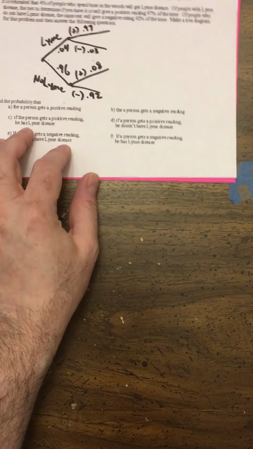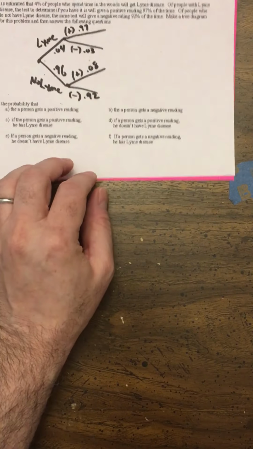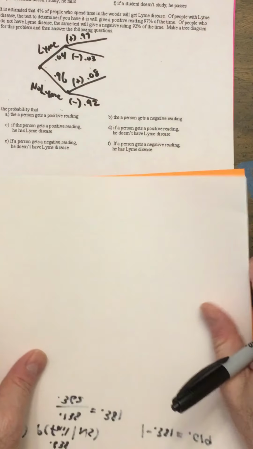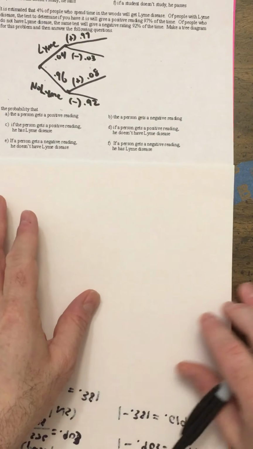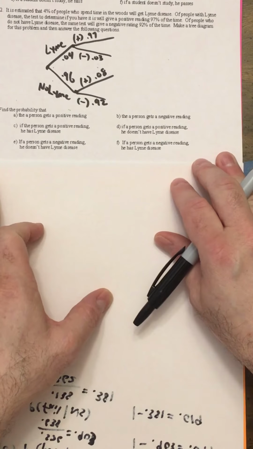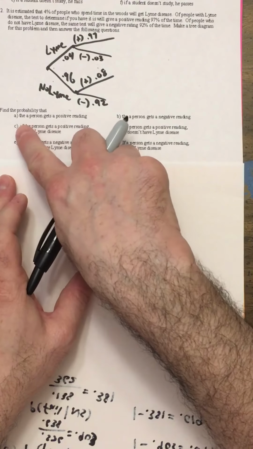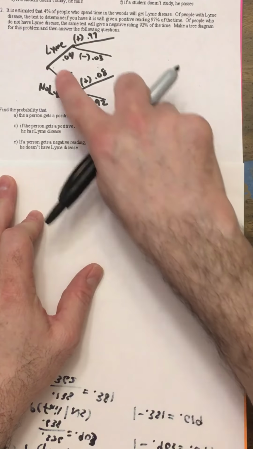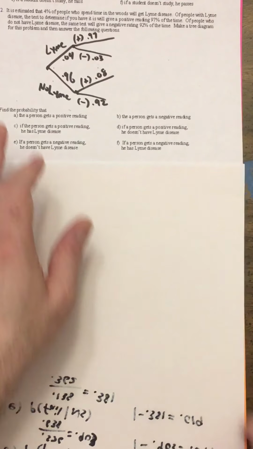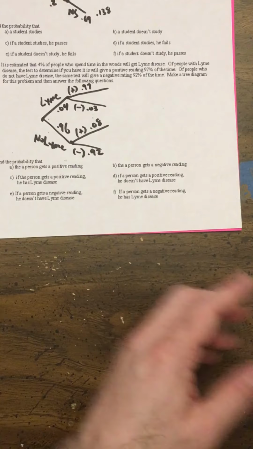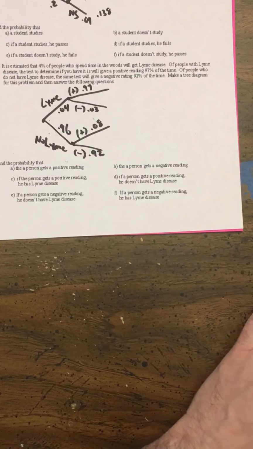What I'm going to do is, again, write this on a separate sheet of paper just so that we can have room to do our work. Okay, so what's the probability that the person gets a positive reading? Oh, actually, we didn't do this yet. We have to get these totals here, which are going to be